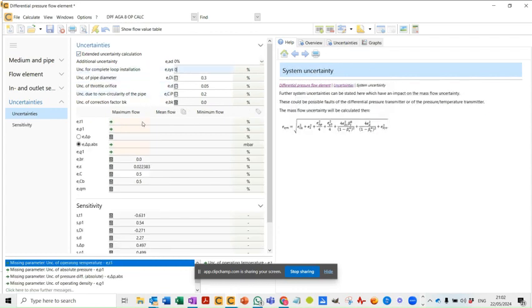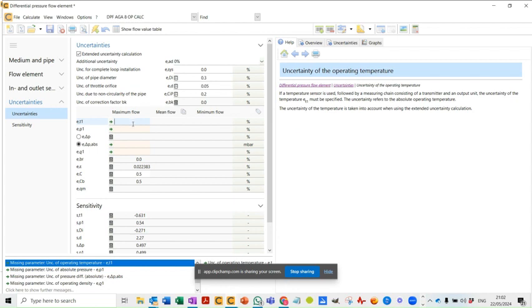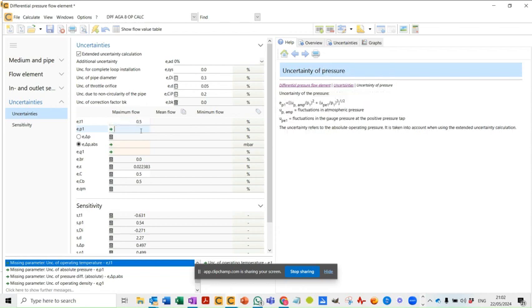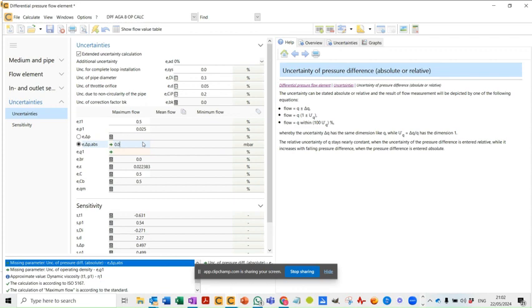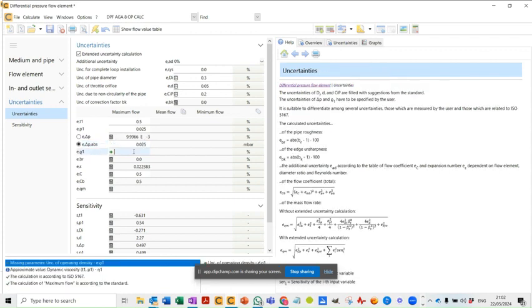I'm just going to put some zeros in here just for speed. A temperature 0.5%. We're going to use an IDP50S, beg your pardon, a gauge pressure version, one of the new error statements, and we're going to put our super duper differential pressure error in there. We're going to assume we've got perfect density measurement, and hey presto, we've got a